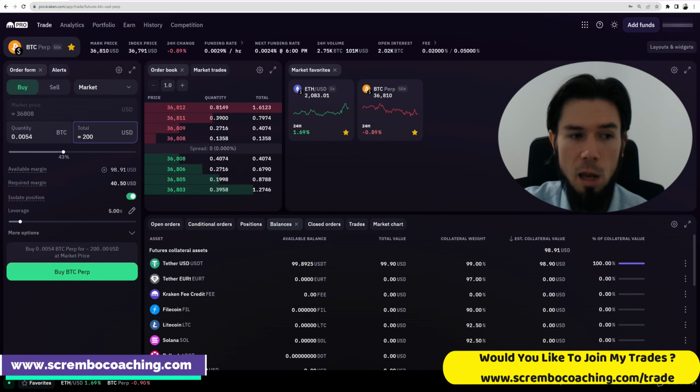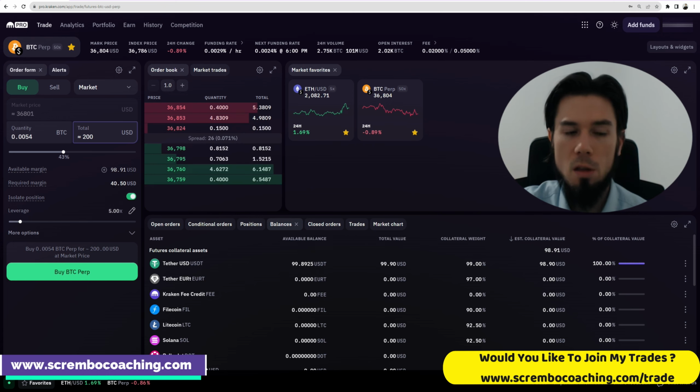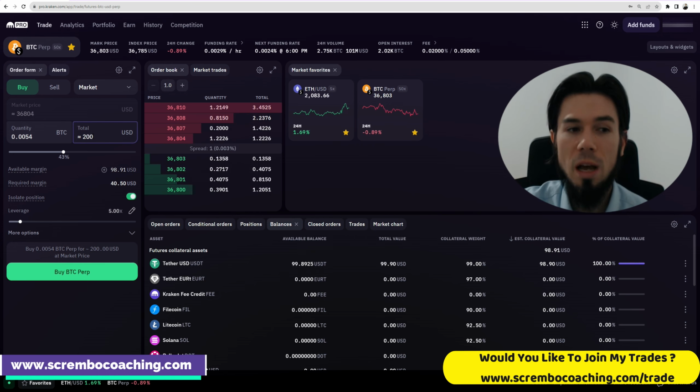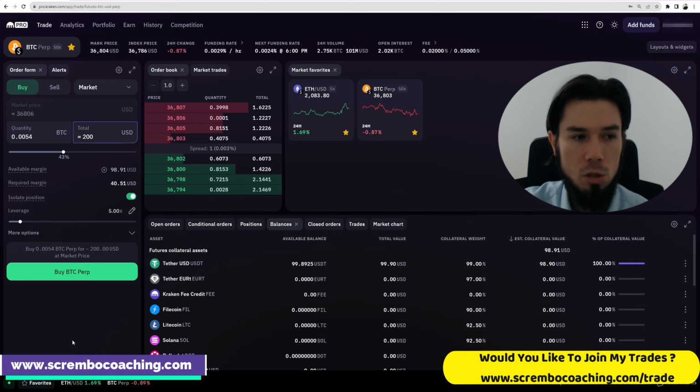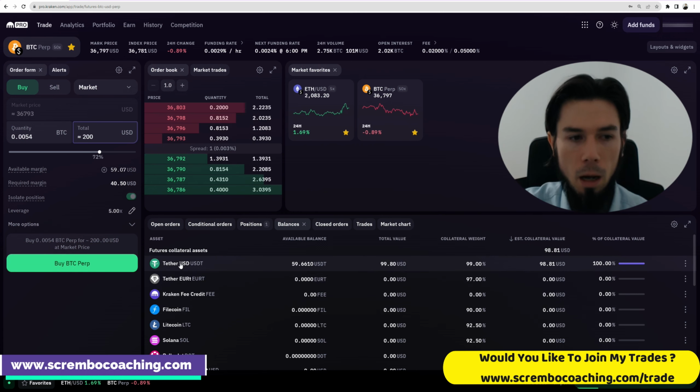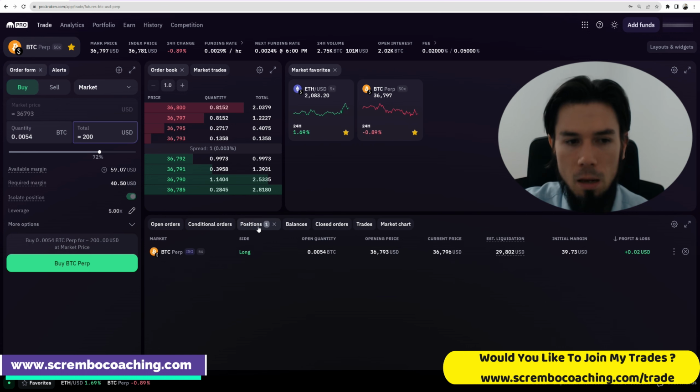My available margin is 98.91 USDs. And I'm going to go directly with this. Simply 5x leverage. The required margin for that is only $40 because $40 multiplied with a 5x gives me the total size of 200 bucks, which is the final size I would like to have of my order, right? So then I simply click on buy BTC perpetual,